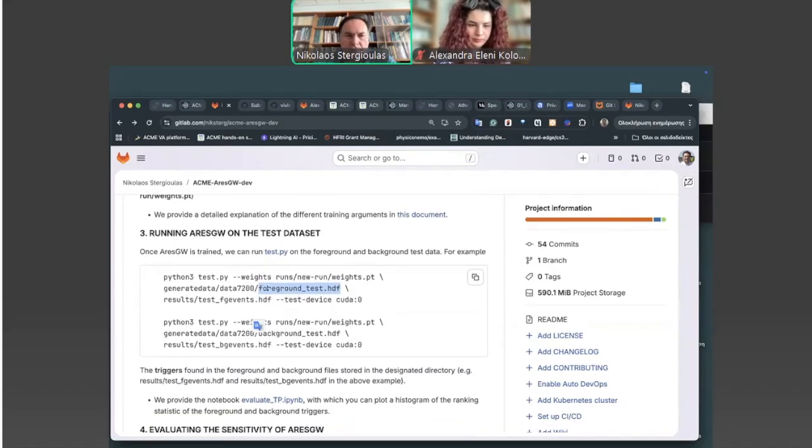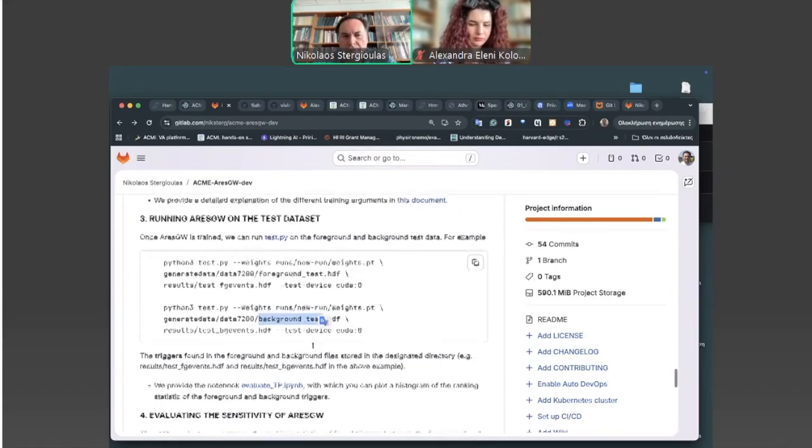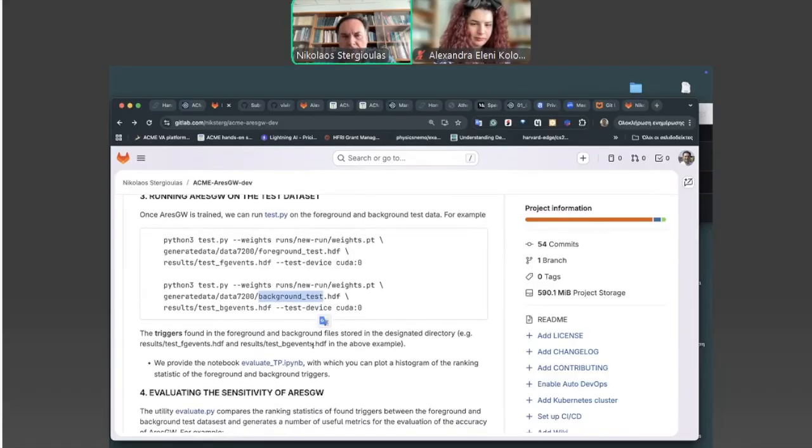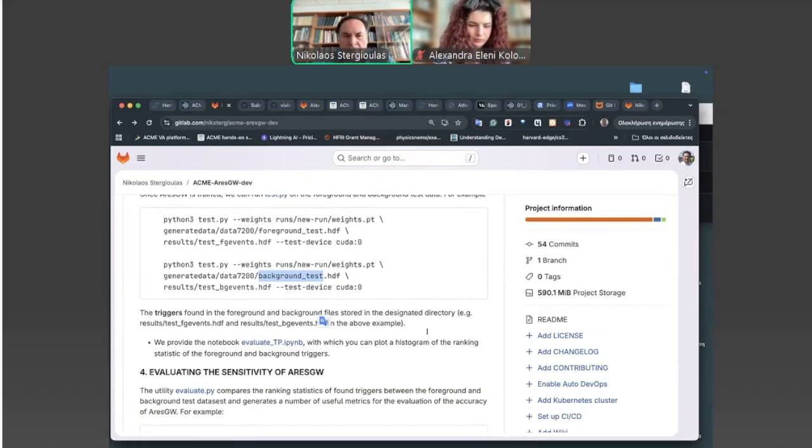Okay, so we will run it on the foreground test data, but we will also run it on the background test data where we have not done any injections. We do this because since this is a controlled experiment with the injections, we know where we have injected. We know the answer, we know the ground truth, so then we can evaluate the outcome and make a statement about how sensitive this code is, how good it is in classifying gravitational waves compared to pure noise.